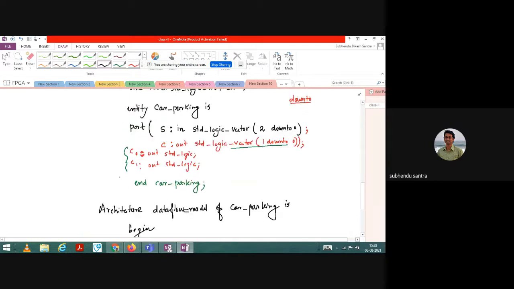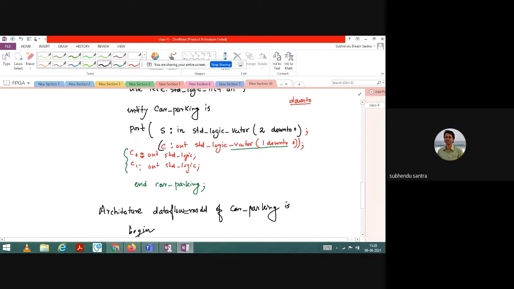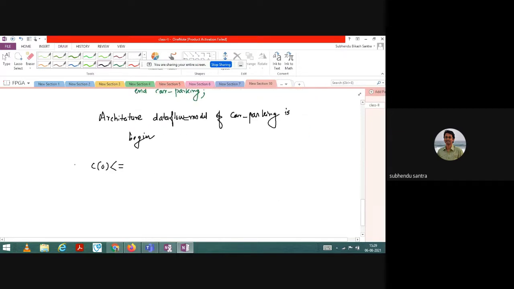Remember, I am writing the code for this one, because I am taking 0 to this vector. If you are writing like this, then you have to write C1, C2 here. As I have taken an array, I am writing C0.